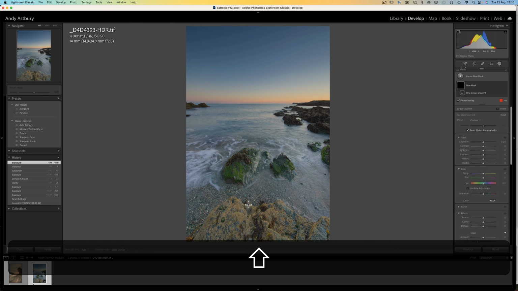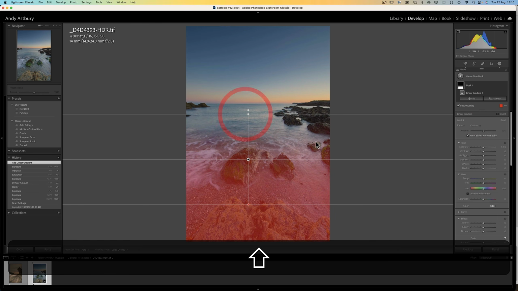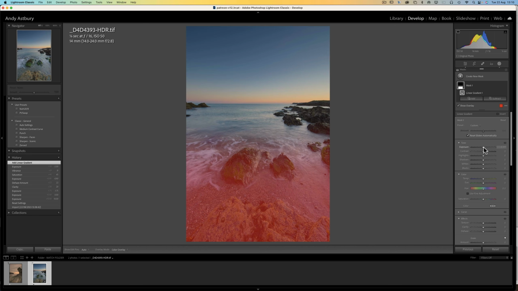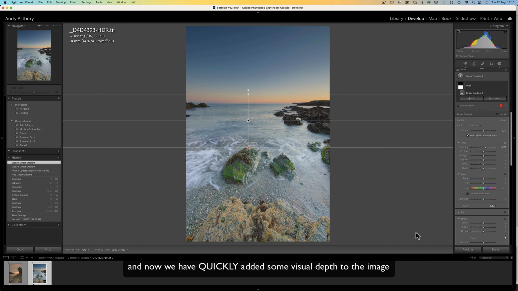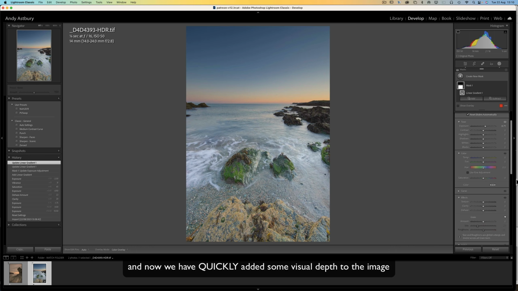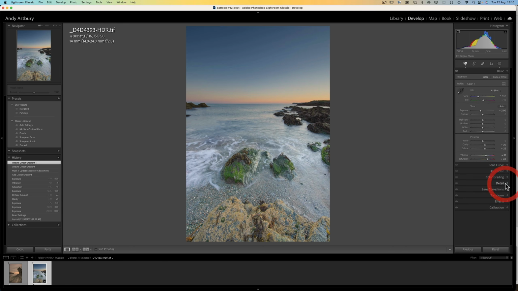and then very simply use a graduated filter, linear gradient, and we'll bring it up from the bottom to about there, and we'll just give that a little tiny lift in exposure, and maybe squeeze that filter up a bit more, and then lift it up to just above the horizon, and there we go. And that is a 32-bit floating point image, processed, well, assembled and fully processed over in Darktable, and then brought